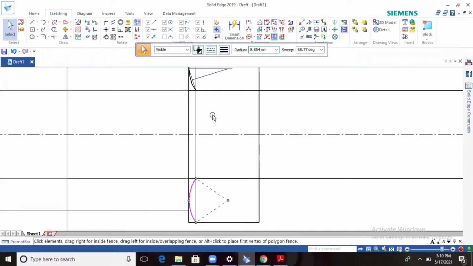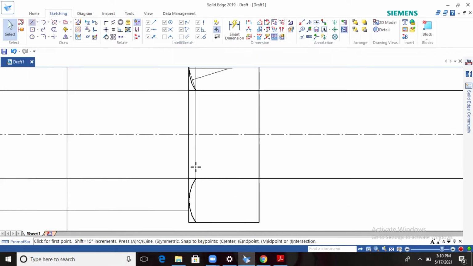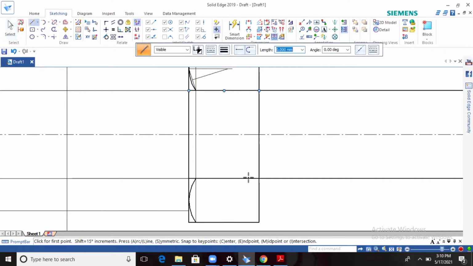Okay, as it is, the procedure is the same. So what do you have to do? Select this one for the center. For the center of the board, you have to draw the arc here. Correct? Then how to draw the arc? So select the end point to the midpoint. You have to draw one line here. So from the midpoint, you have to draw the 90-degree line.